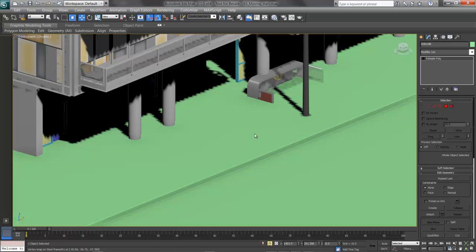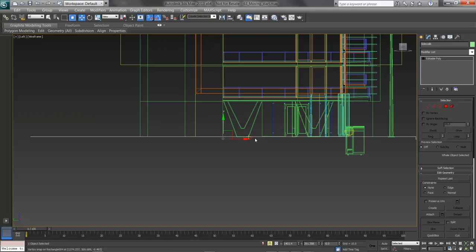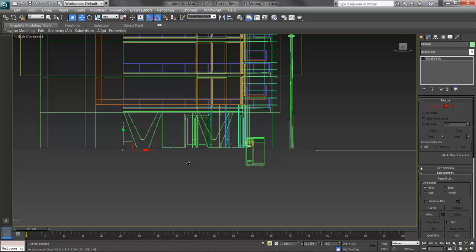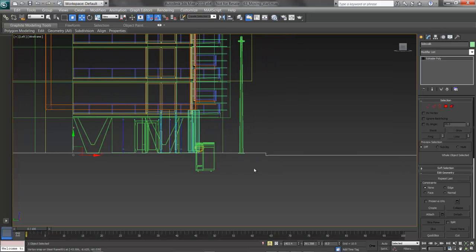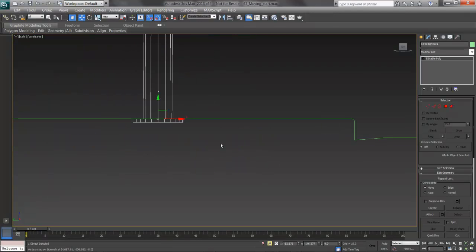Again, I'll press L for left view and F3 for wireframe. Notice as well here that I switch back and forth in my display between wire and shaded depending on what I need, and I'm moving around my view as I need to move things into place. I'll pick my light pole. I have to press spacebar to release the selection lock on the street, pick that light pole, zoom in close, press spacebar for selection lock, grab it on one of the bottom vertices, and snap it up right onto the